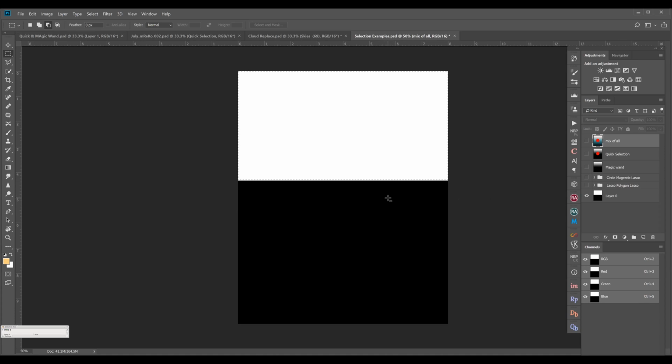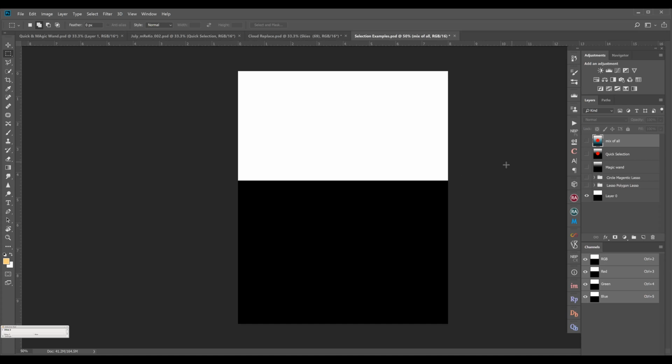So how do you know that you are in the deletion mode? In the cursor, below it you will find the minus symbol, which means it is in deletion mode. So whatever you select now will get deleted from that. Okay, now we have deleted. I want to add this area, so I will click the second one, and then my cursor becomes plus. I will select this particular area which I need to add, and then it gets selected. So this is how you do a selection using the rectangular marquee tool.